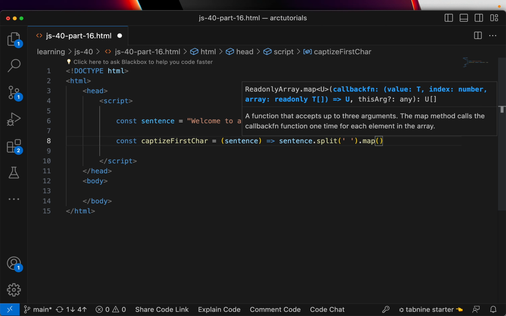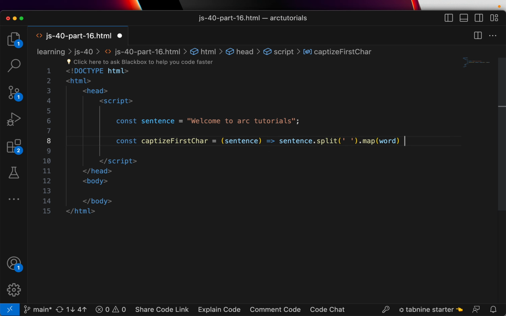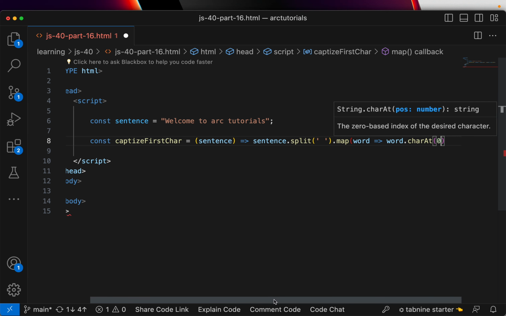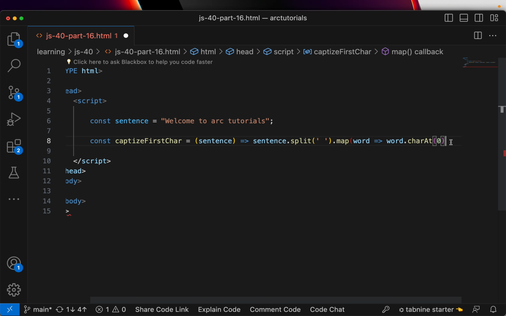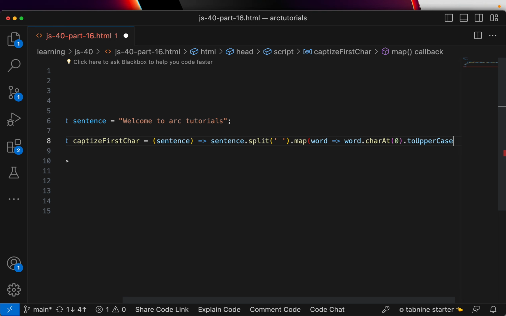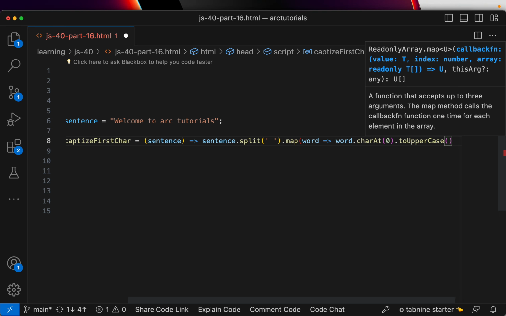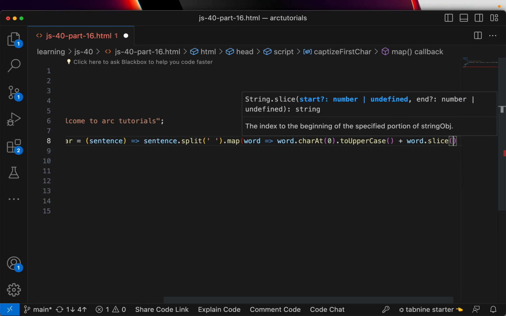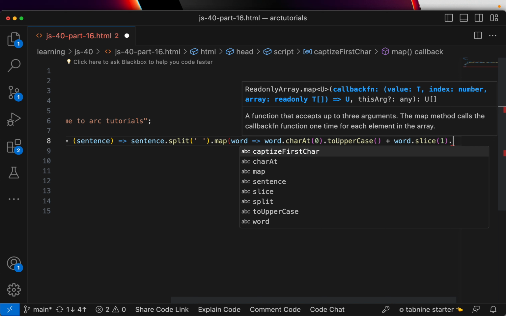Now when we do map, that means it would give us each word separately, and you can take each word individually, and what we can do is word dot charAt. So that way I'm taking the first instance, and that is the first character, and I'm going to pipe it and say toUpperCase. Once you are done with that, I will then do word dot slice. That means I'll delete the first one and then join